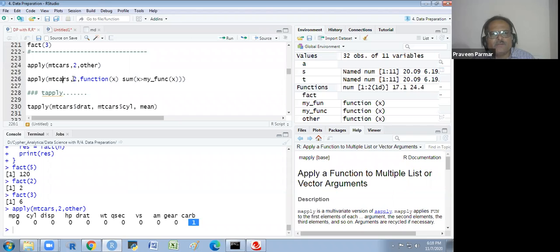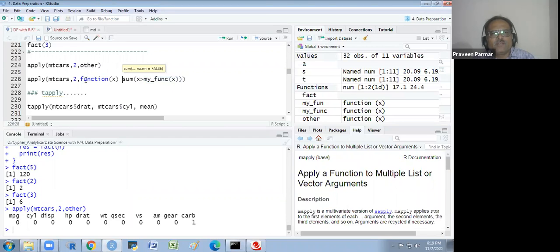Now in mtcars, I am using the apply function with function x. Function x I am creating here itself: sum of x greater than my function, the previous one which was showing me the upper limit. The x greater than upper limit, that sum I want here.